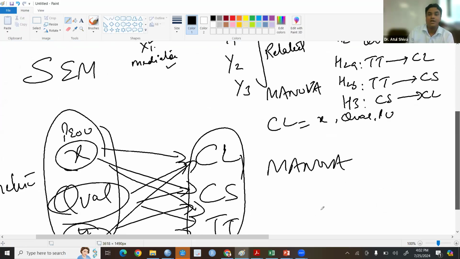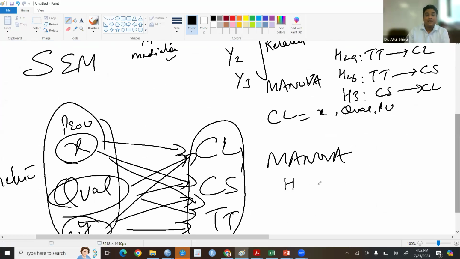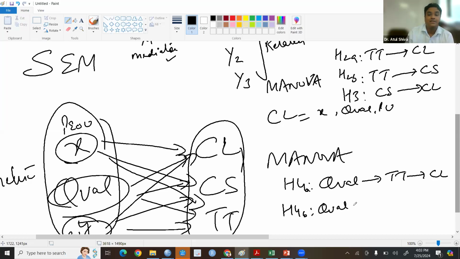Now refer to hypothesis number H4. H4 का मतलब है quality leads to trust and trust leads to customer loyalty. ठीक है, mediation. This is H4A. Then you write H4B. Quality leads to customer satisfaction, leads to customer loyalty. This H4 will be a hypothesis for mediation. ठीक है,